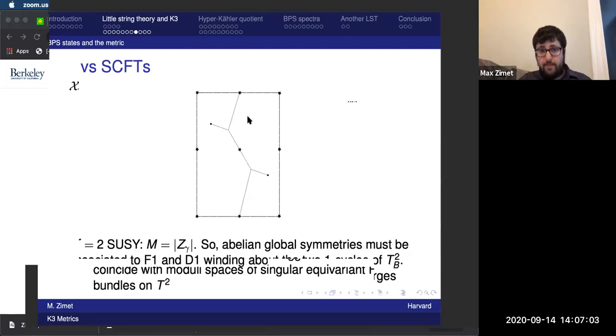So I should emphasize that as part of the spectrum of this little string theory, one will have some very simple string webs, which are just straight lines that start here and end on one of the singular fibers. Those are the BPS states which exist in the CFT limits where you zoom in near one of the singular fibers and take a low energy limit, so you ignore all of the other singular fibers. But then there are much more complicated string webs in the little string theory that don't exist in the CFT also.